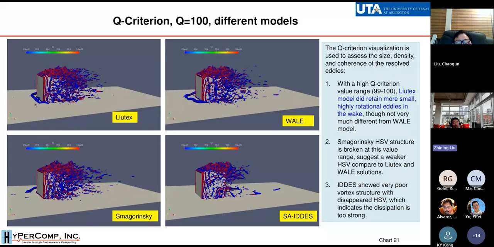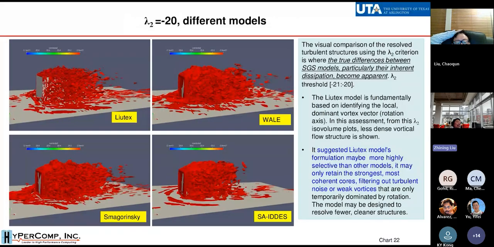And yeah, another test. Okay, another test is this Lambda 2. This is another test. It's the traditional way. Okay. So this visualization comparison is for the resolved turbulence structure. Using the Lambda 2 criterion is where the true difference between SGS models, particularly their inherent